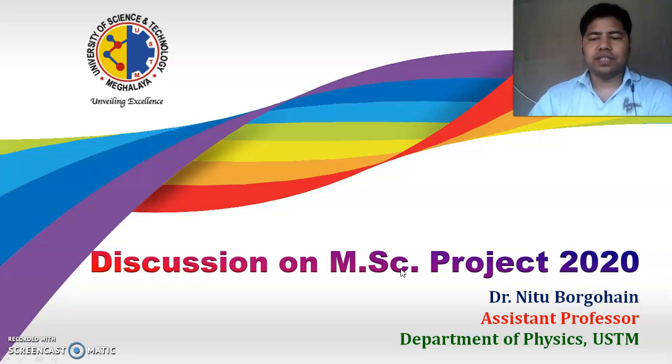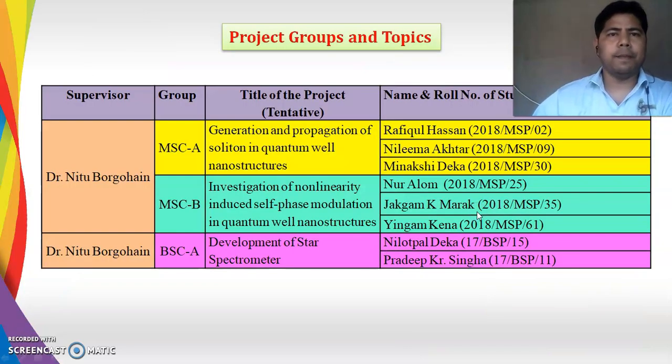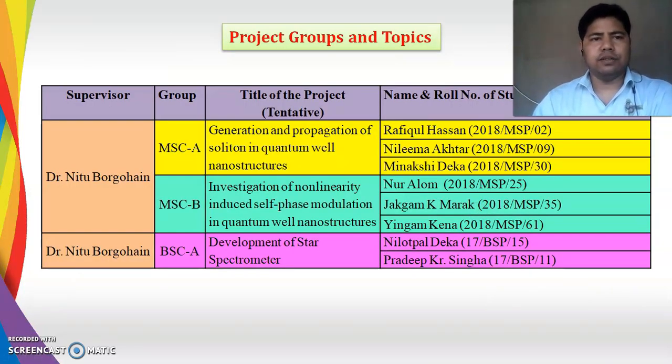So first we are going to the next topic, this one. Here we know that you have the titles. We have three groups. One is for BSc, the rest two are of MSc. I named the groups as A and B. In Group A,